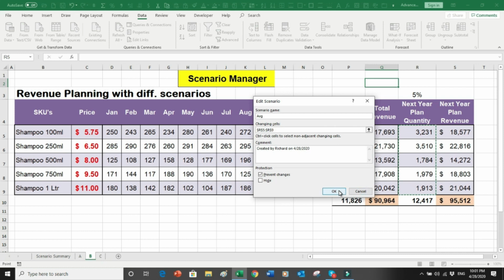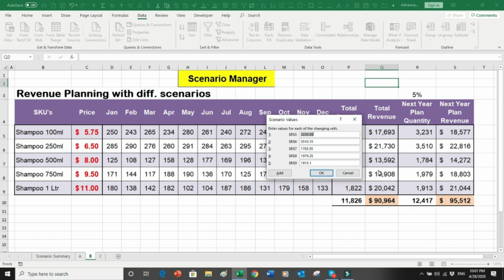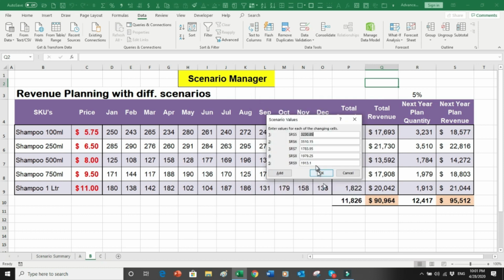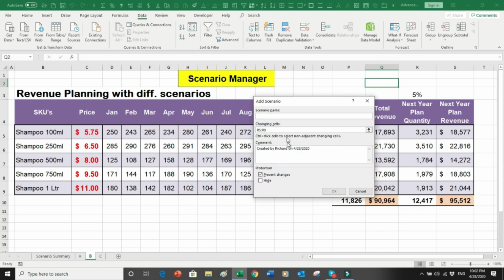Okay, and so this is my 5%, so I will save it as my average, and then I want to add one called good. Okay, and for good, this will become, let's say, 4,000. This will also become 4,000. This will become 2,000. This will become 2,500, and this will become 2,500. And I will say add, and then I want to add another